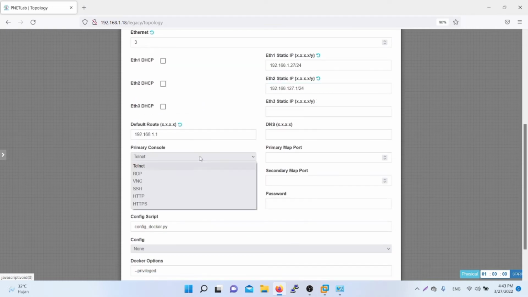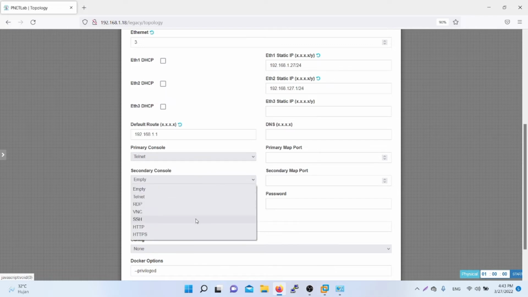For primary console, I choose Telnet, but for secondary console, I change to SSH. And don't forget to fill in the DNS.